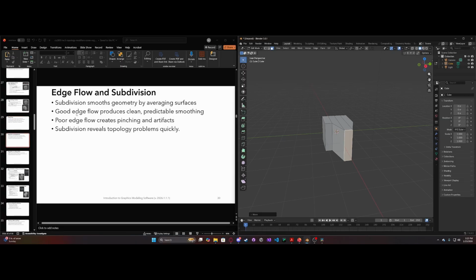Moving on, we can look at edge flow and subdivision. So subdivision smooths geometry by averaging surfaces, okay? And good edge flow will produce clean, predictable smoothing, and poor edge flow creates pinching and artifacts. So subdivision reveals topology problems quickly, okay? And you can see here, we can use edge flow as a design tool. So edge flow helps define form without excess geometry. Fewer well-placed edges are better than many random ones, okay? So intentional flow leads to